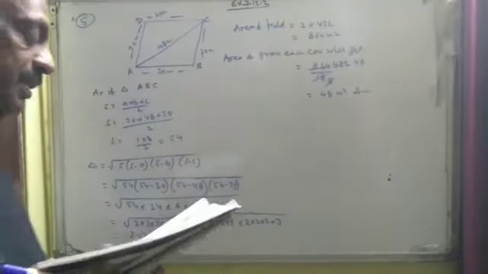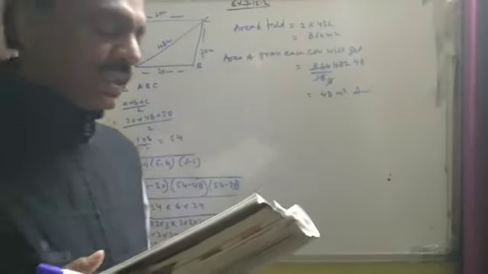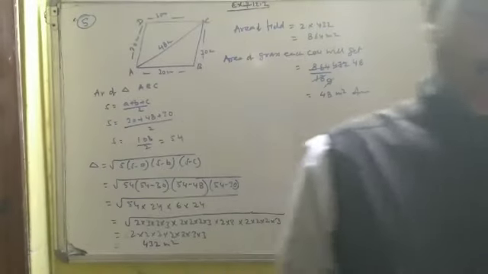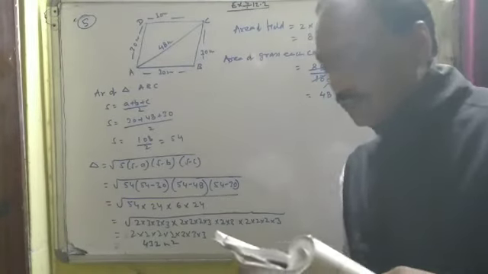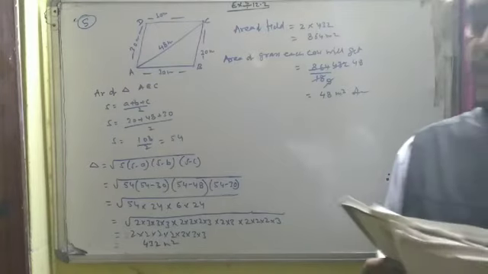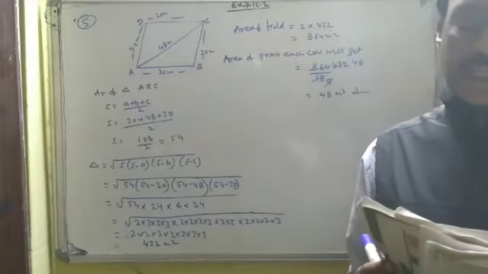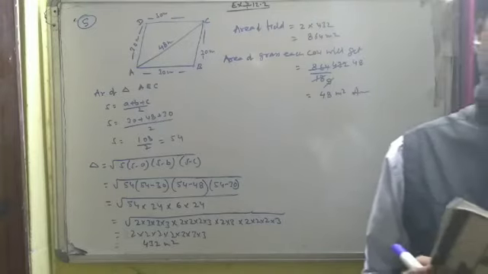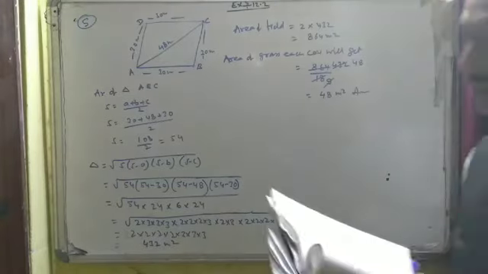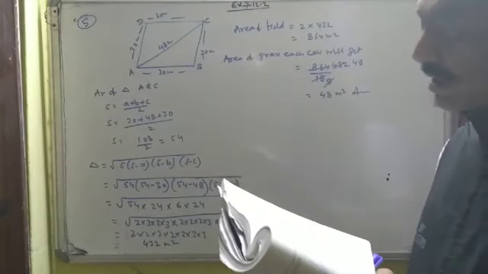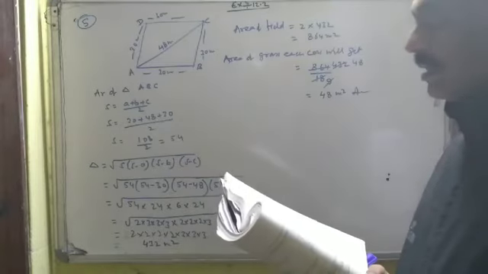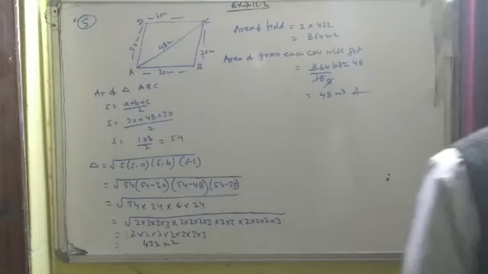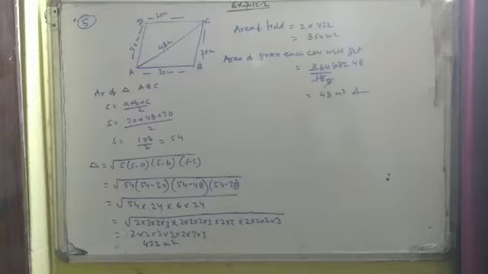क्वेश्चन नंबर 6 देखते हैं, जिसमें एन अम्ब्रेला इज मेड बाय स्टिचिंग 10 ट्रायंगुलर पीसेस ऑफ क्लॉथ ऑफ 2 डिफरेंट कलर्स। एक अम्ब्रेला है और उसमें 10 ट्रायंगुलर पीसेस हैं, जैसा कि आपको फिगर में दिख रहा है। 2 टाइप्स ऑफ क्लॉथ्स ऑफ कलर, ईच पीस मेजरिंग 20 cm, 50 cm, 50 cm. हाउ मच क्लॉथ ऑफ ईच कलर इज रिक्वायर्ड फॉर द अम्ब्रेला। तो अम्ब्रेला के लिए बताया गया है कि जो अलग अलग 2 कलर हैं उसके कितना कितना कपड़ा लगेगा। तो टोटल 10 ट्रायंगुलर शेप हैं, तो 5 5 दोनों का होगा, एक का निकालेंगे।